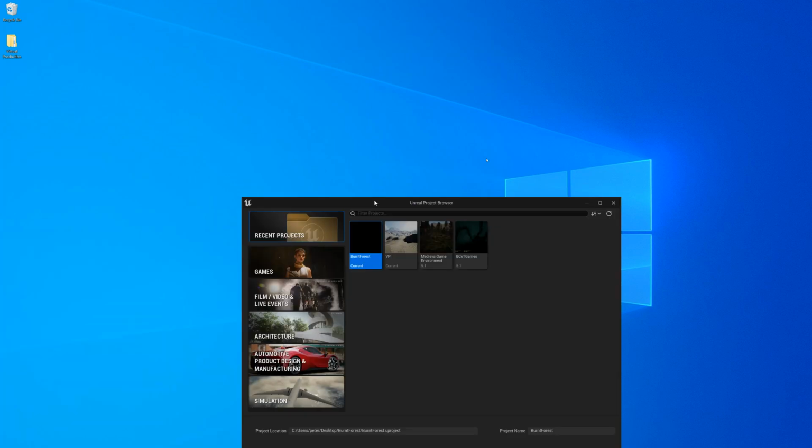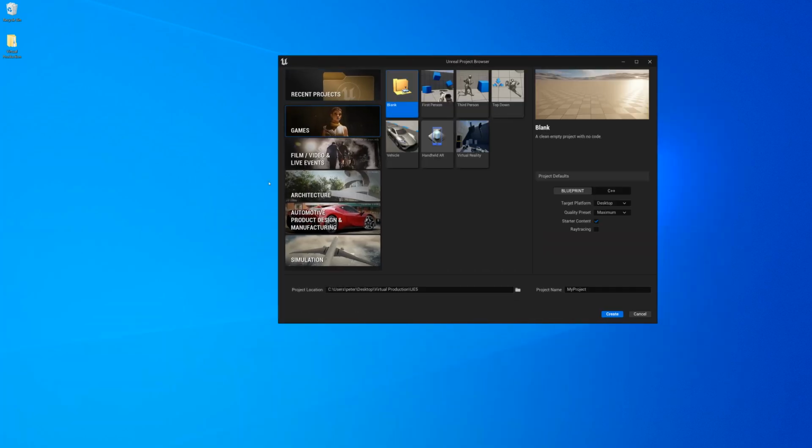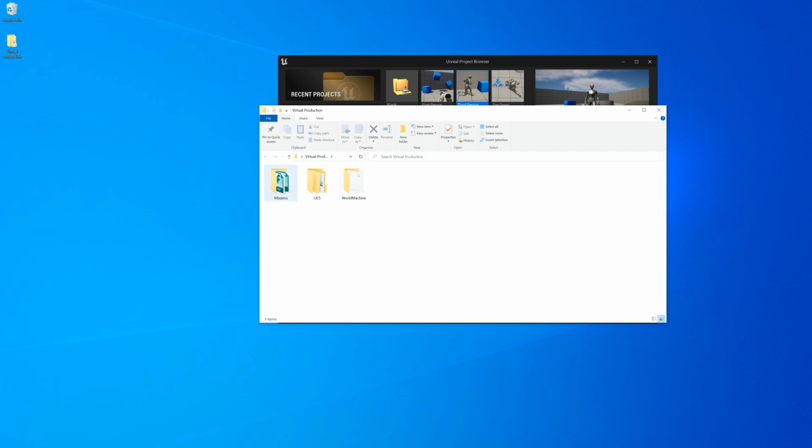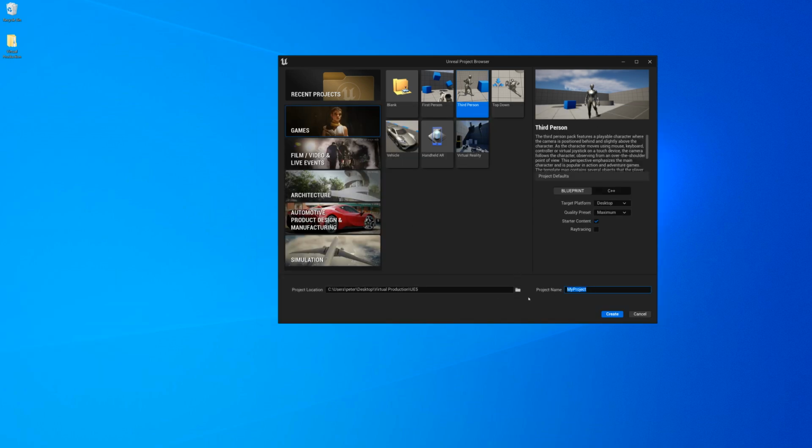And then first of all, you're going to be presented with probably something that looks like this, the project browser, where we can create a particular type of project. Now, what I want to do is create a third-person project to begin with. I'm going to use this folder here. I've got some elements in here which we'll bring in later, but I've got a UE5 project here. And I'm going to create that project, and I'm going to call it